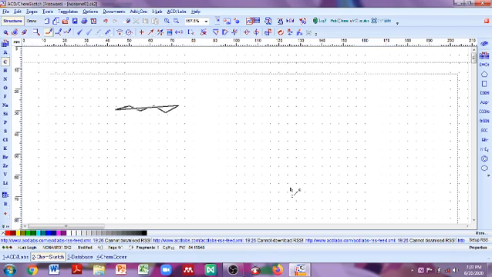Now both the terminal carbons are attached with a bond. My next job is again to select the given structure, put the cursor here, and with your mouse just drag it. It's very easy.